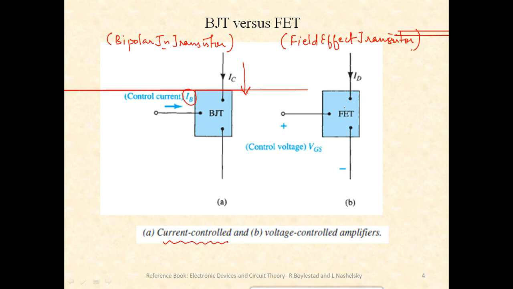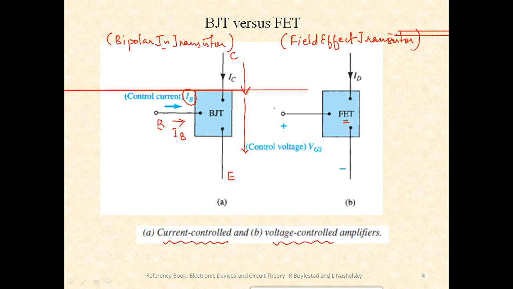Further, coming to FETs, FET is a voltage controlled device, very important, and the voltage applied at the gate terminal controls the current in a JFET. Let us just denote the three terminals in a BJT as well as FET. For a BJT, we know that the three terminals are base, collector, and emitter. The input current here is base current IB, and base current IB controls the collector current.